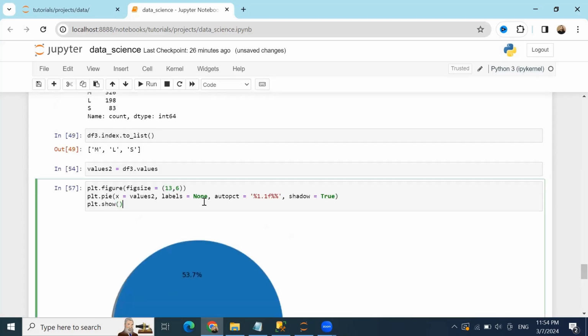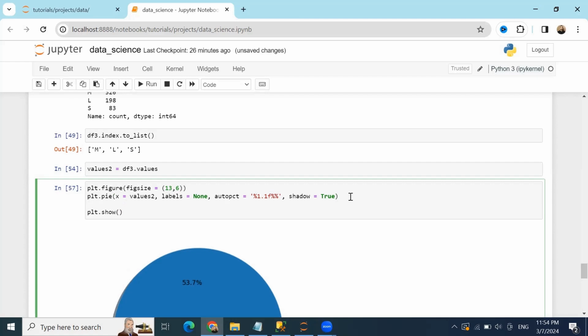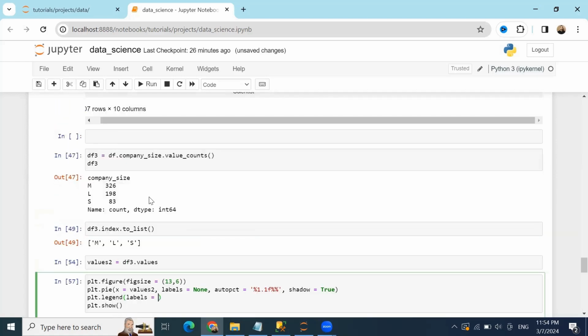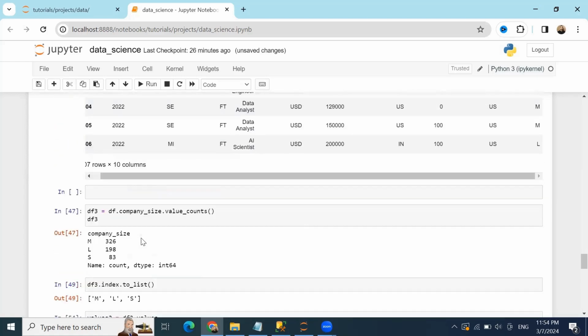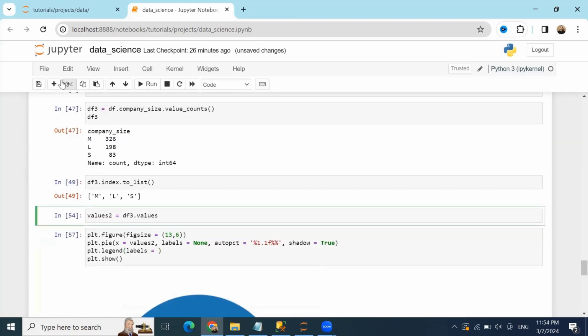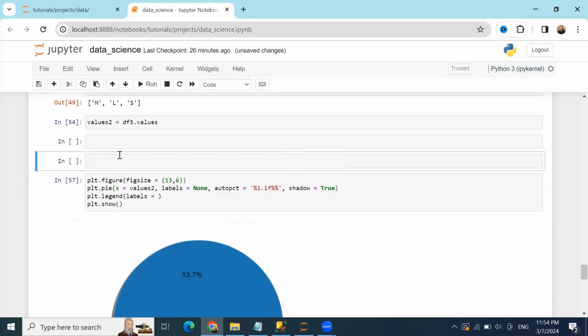Also we can add in the legend. First I will just type in plt.legend, labels will be equals to these labels. Okay, I will create the labels for them. I have already told that labels will be created. Labels for company,